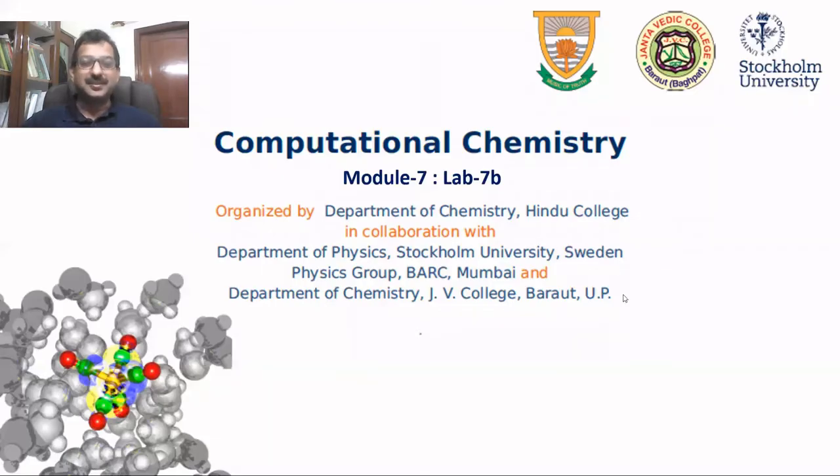Welcome back. In the previous video, we learned how to create an Orca input file for a combined geometry optimization and frequency calculation. And while discussing the output file, we also learned the procedure for calculating the total number of primitive Gaussian functions and contracted basis functions which are involved in the calculation. Taking acetone as an example, we'll continue the discussion on the output file, which will be about frequency calculation.